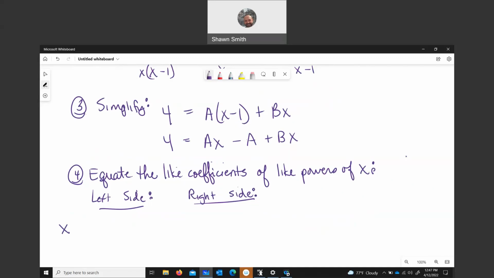All right, so we say x to the first power. How many x to the first powers do we have on the left? None, right? We have a constant. So that's 0 is equal to the total of the x's on the right side. So a and b are coefficients, right? So how many x's do we have? If the a was a 5, it means we have 5 of them. If we have 10, 10 of them. So this is 0 is equal to